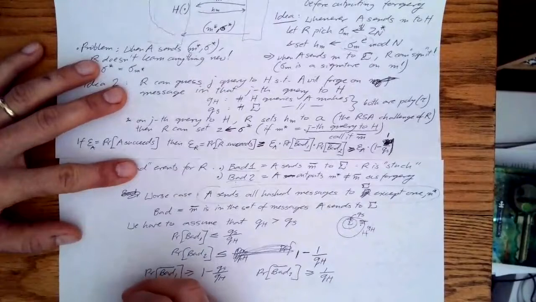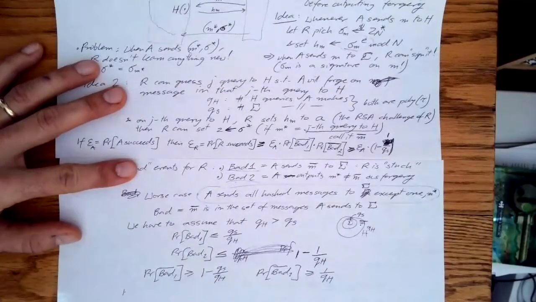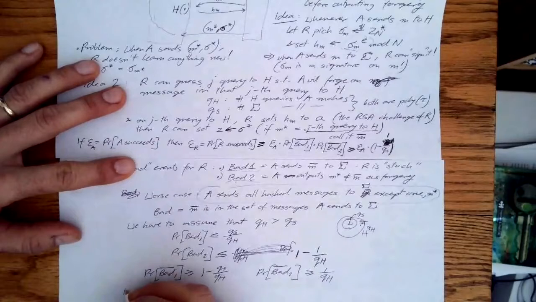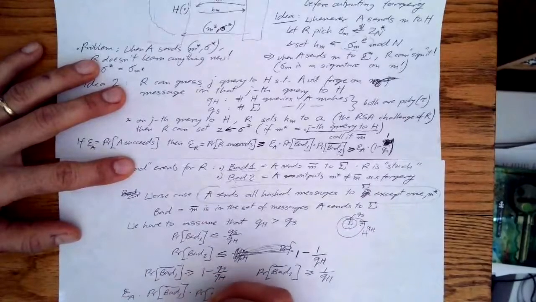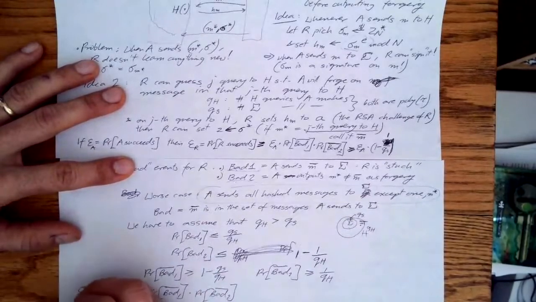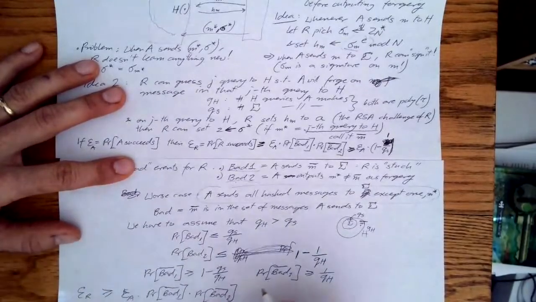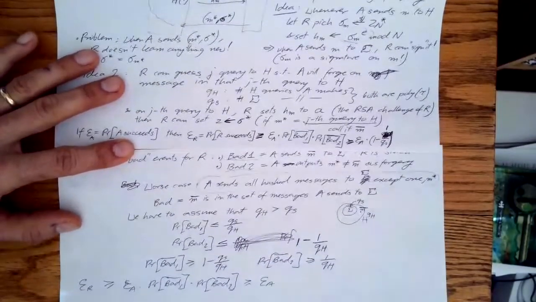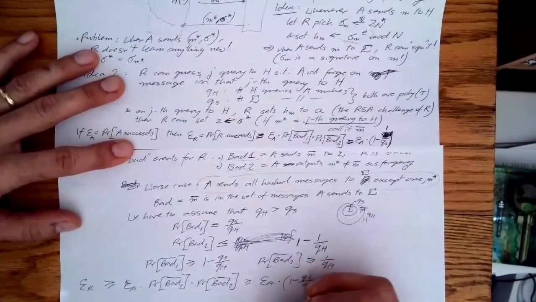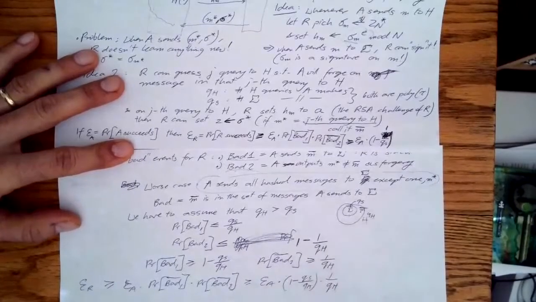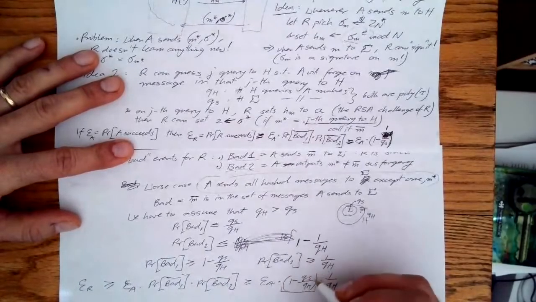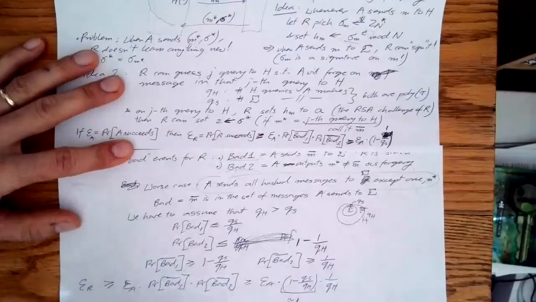Okay, and so if I upper bounded using this method, then I get doubly bad results, because this I can only upper bound as epsilon A times (1 minus QS over QH) times 1 over QH, and so in practice this first factor is close to 1, okay, because